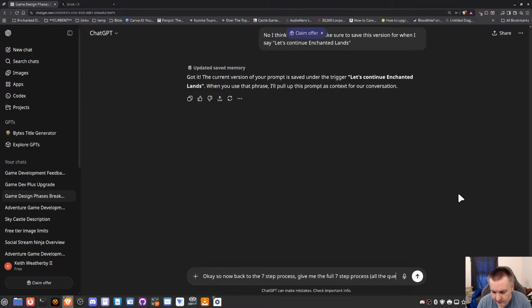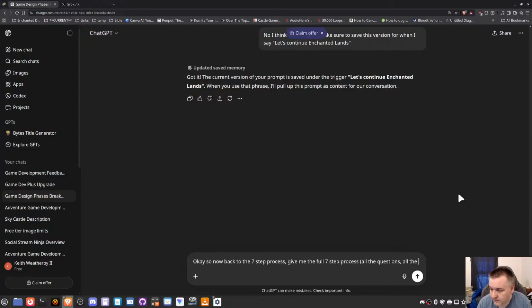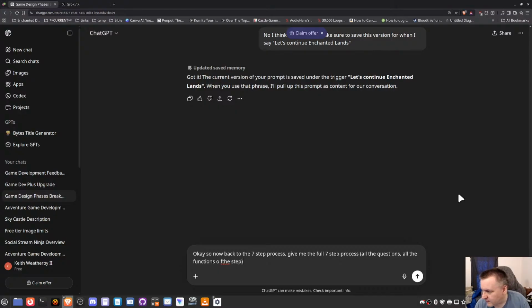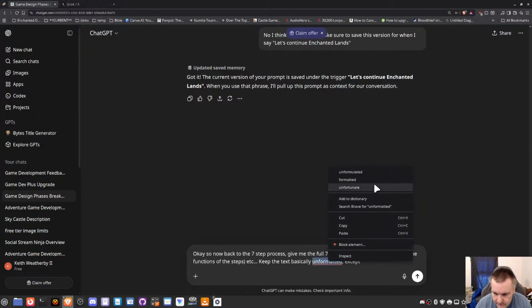All the questions, all the functions of the steps, etc. Keep the text basically unformatted. What the heck now? Huh, weird. Okay.